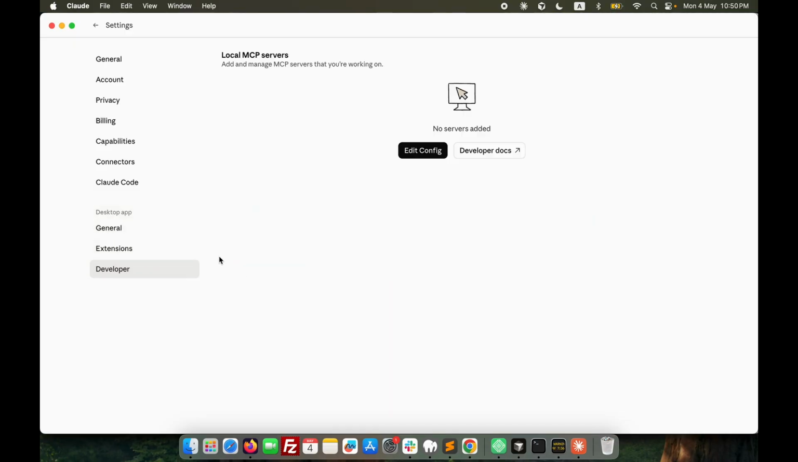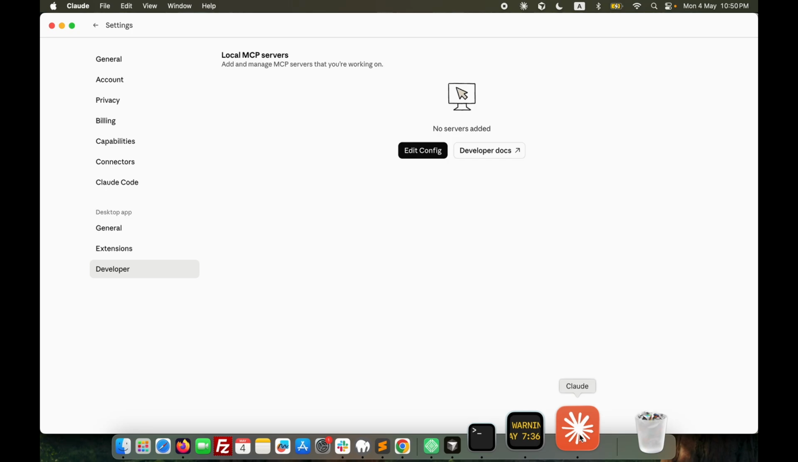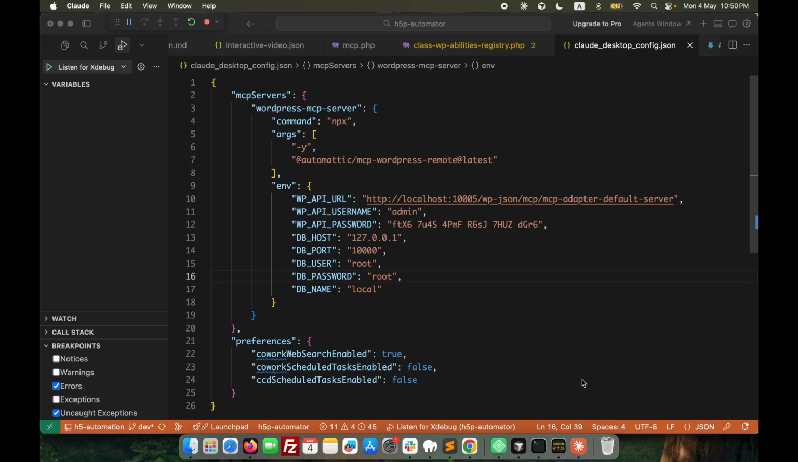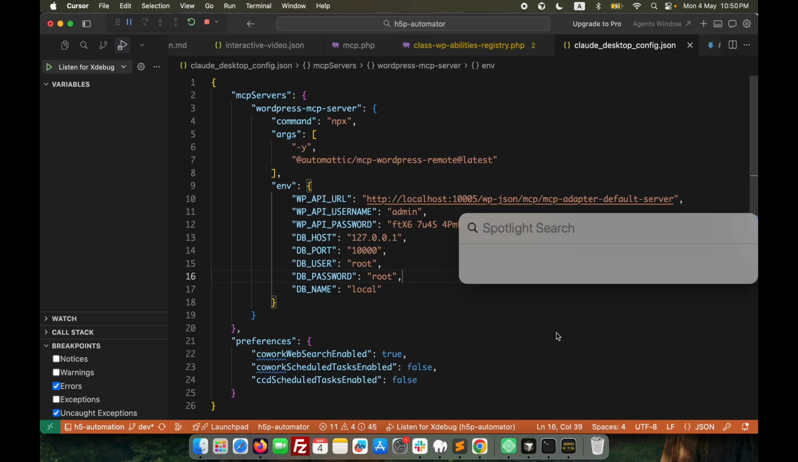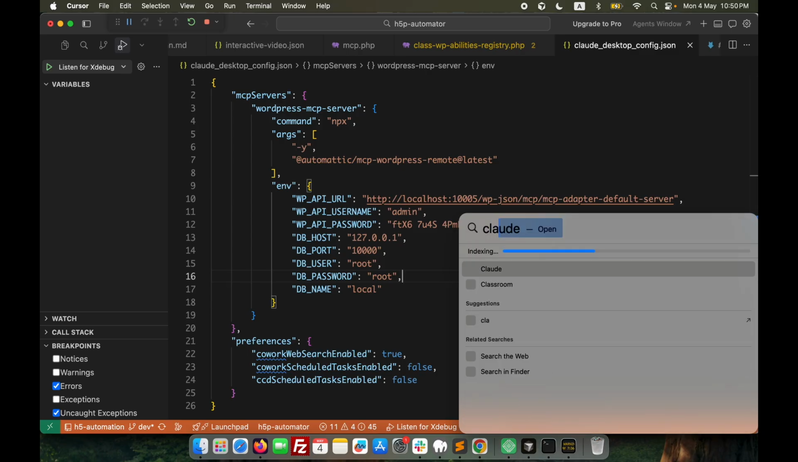Now if I go to the developer section, we can still see there is no MCP server. Claude can detect the server once it starts, so all we need to do is quit the application and reopen it so that it can connect with the MCP server. It is taking a little bit of time to quit. Once the application quits, reopen it, Claude,